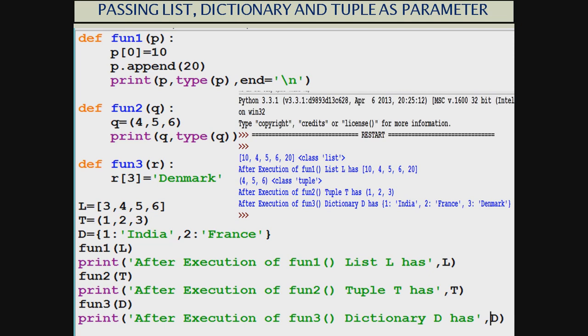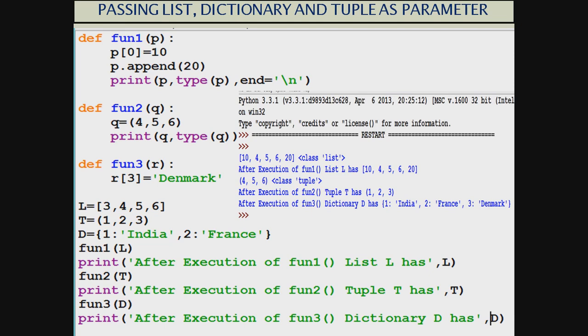We all know a list is of mutable type. Now we are sending the list L to P. So P also becomes a list. Now see, we have made a change in P. We all know when L was sent, P refers to 3, 4, 5, 6. So P[0] contains 3, but I said make it 10.